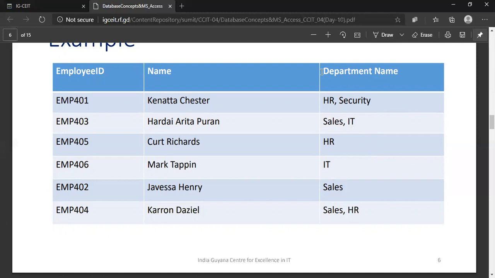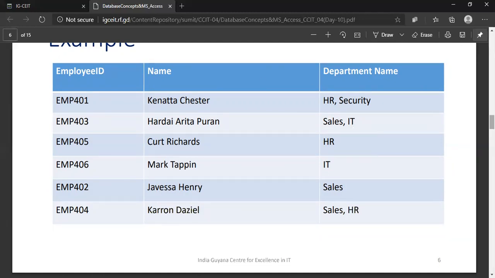But employee IDs 401, 403, and 404 have multiple values in the single column called department name, because these people are working with multiple departments.